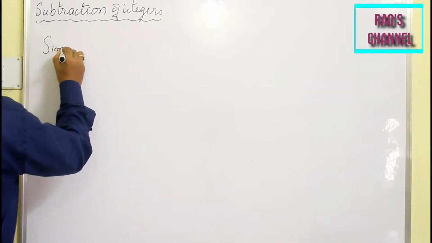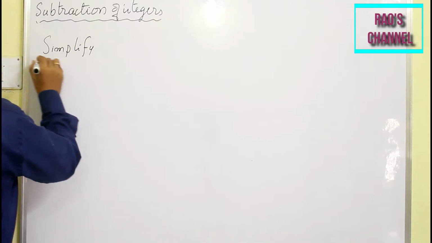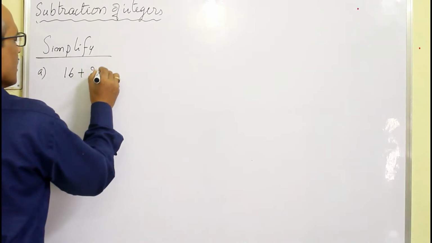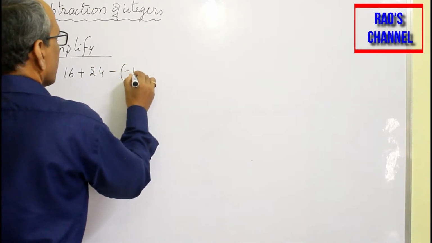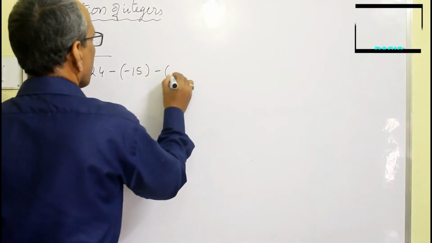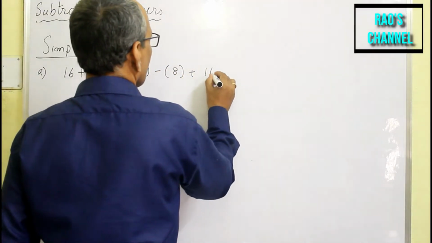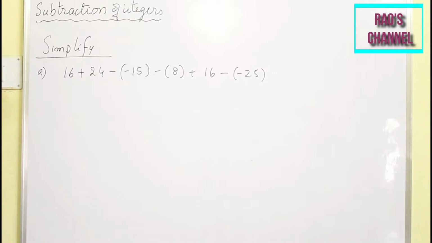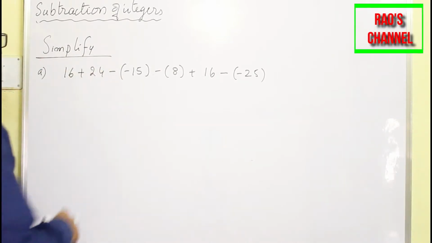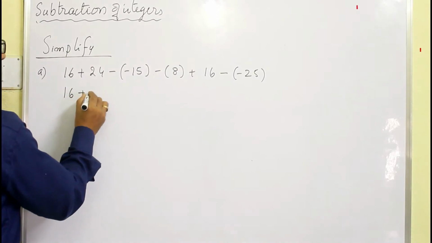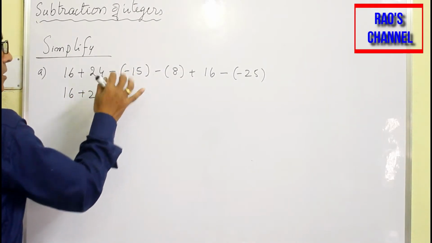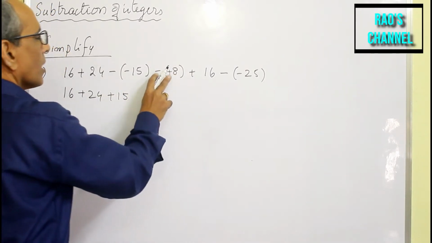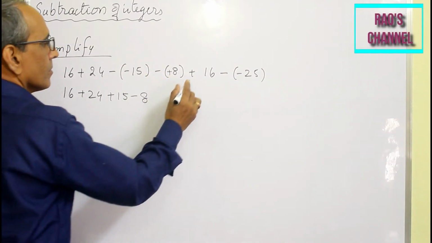Simplify. (16 plus 24 minus 15 minus 8 plus 16 minus 25. We have multiple operations, that is plus and also minus. Let's copy 16 plus 24, like signs, so we get plus 15. Again unlike, since 8 is positive, unlike, so we get minus 8 plus 16,